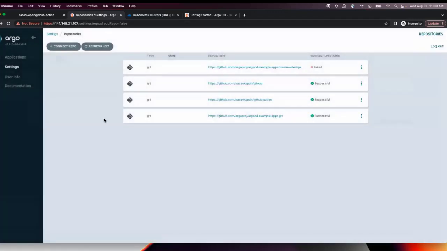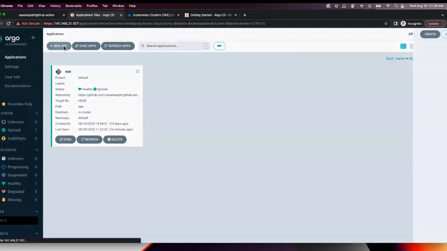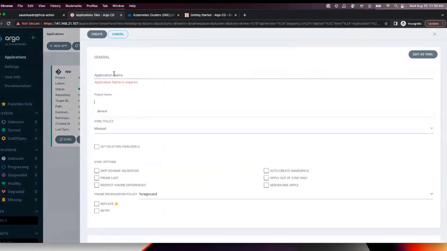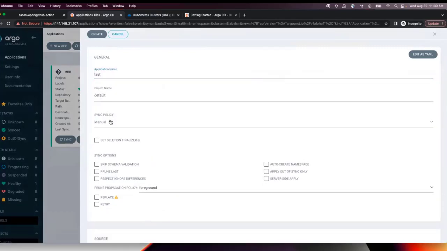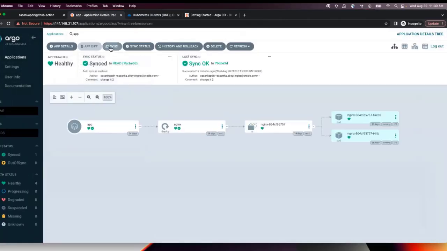Once you have that, you can go to the applications and create a new app and give the name and the project name. That'll be test, and the project name is default. You can select either manual or automatic. Once you choose manual, you need to do a manual synchronize again.